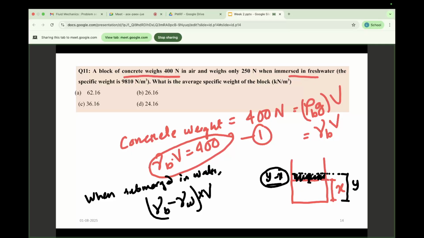So that is how the displacement of water is. So that value is equal to 250. So it is given. So this is 2. So now divide 1 by 2, you will get 1 divided by 2, you will get